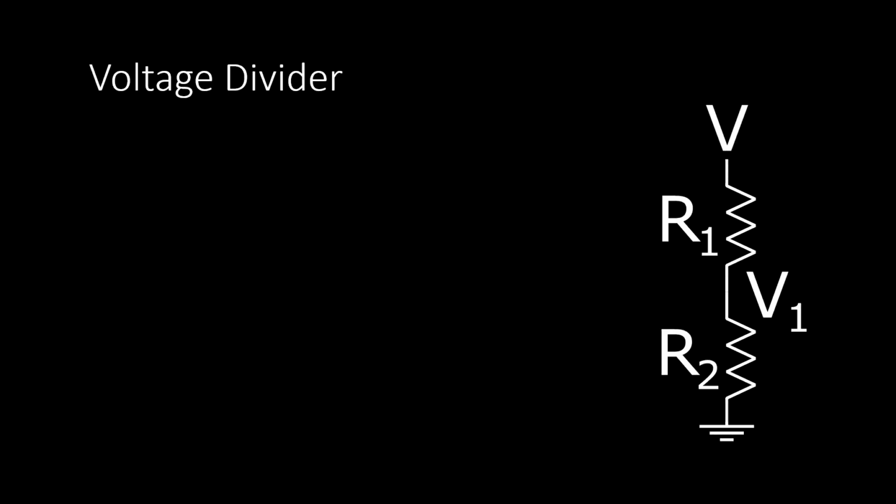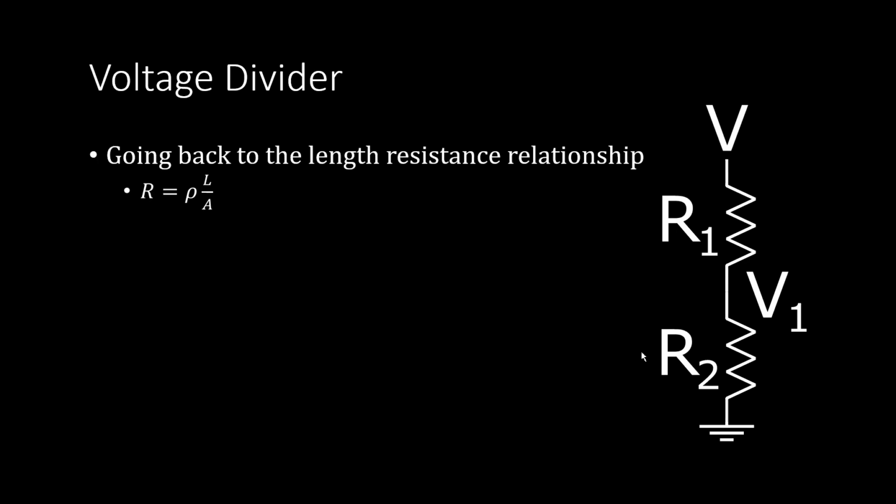All right, so now let's talk about voltage dividers. These are a really useful tool if you want to have a voltage at some part of your circuit that is smaller than what's being provided to the rest of the circuit. So one way of doing this is if you start with a resistor that's of a certain length and you cut it at some point